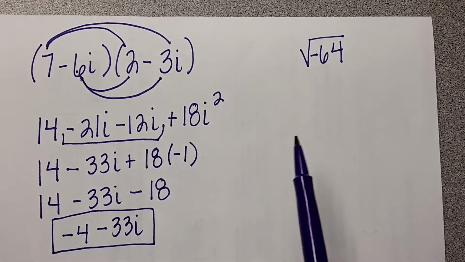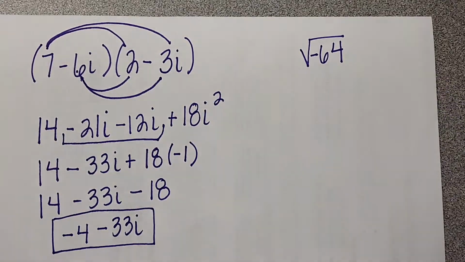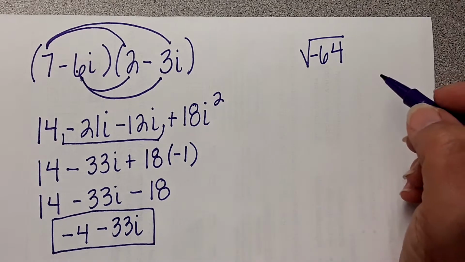Okay, so we have another problem. I left this one up, so now I've got the square root of negative 64. There's two ways you can do this. You either know that 64 is a perfect square, or you can do a tree. It doesn't really matter, but just remember that when you do it,